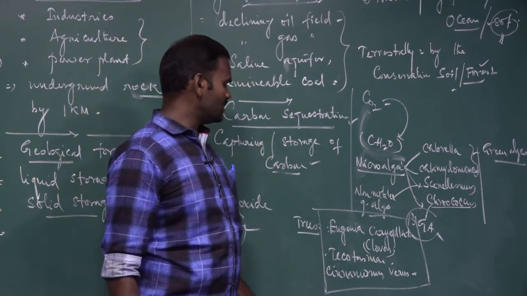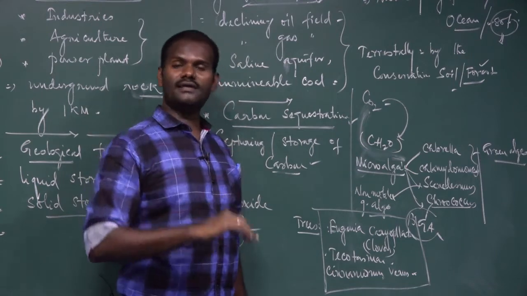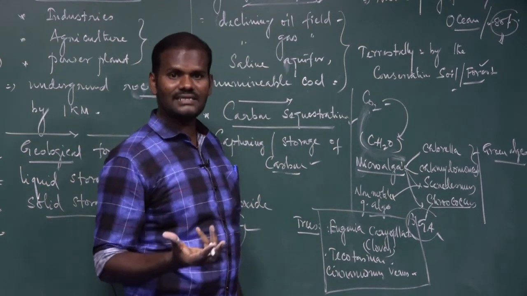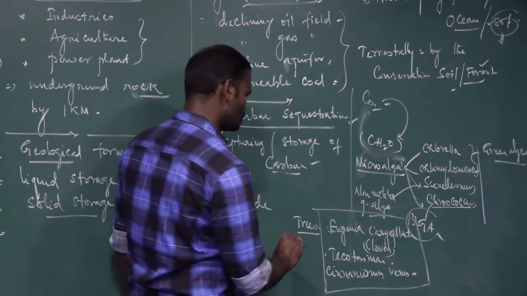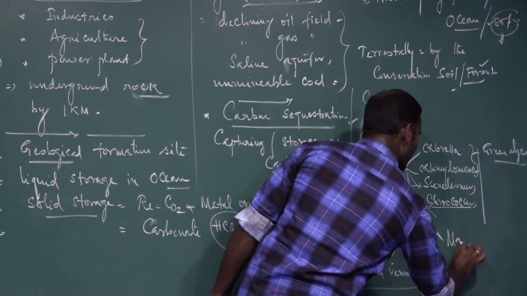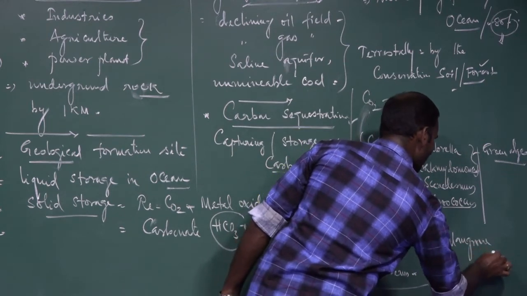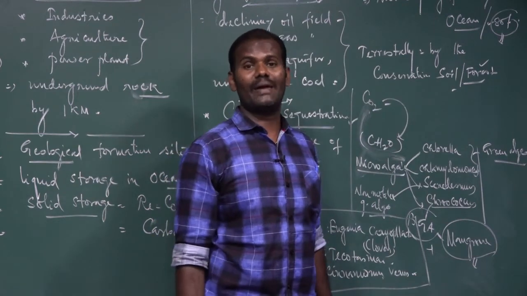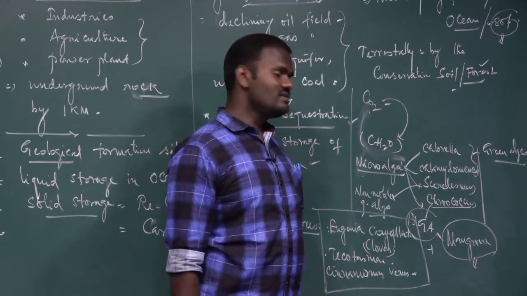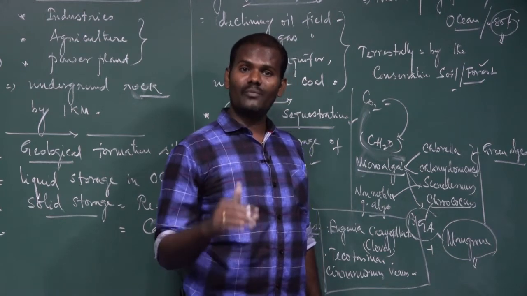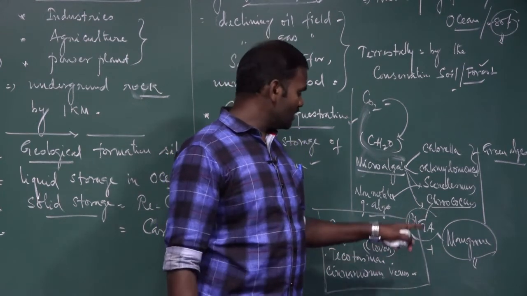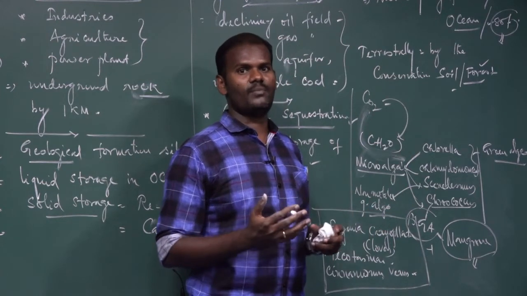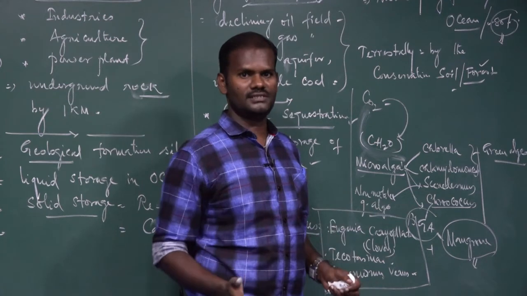In addition to that, certain macroscopic algae, large-sized algae present in the ocean, and also marine grasses. In addition, mangrove plants. Mangroves are plants that grow in salty areas. For example, Avicennia and Rhizophora. These are mangrove plants growing in salt areas. These plants have been suggested to mitigate global warming. They have the capacity to store carbon dioxide.